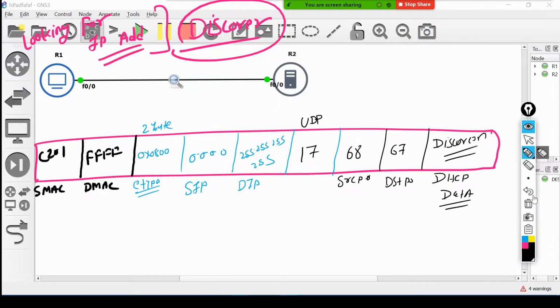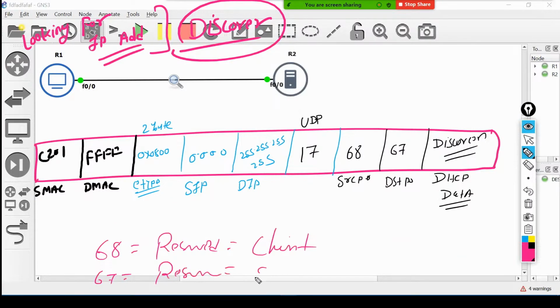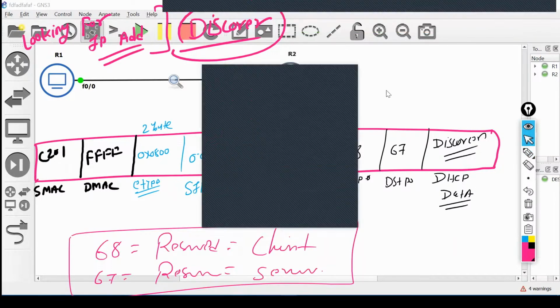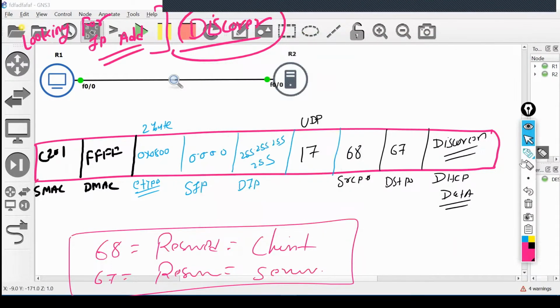The 68 reserved by client and 67. So 17 is the UDP protocol number.